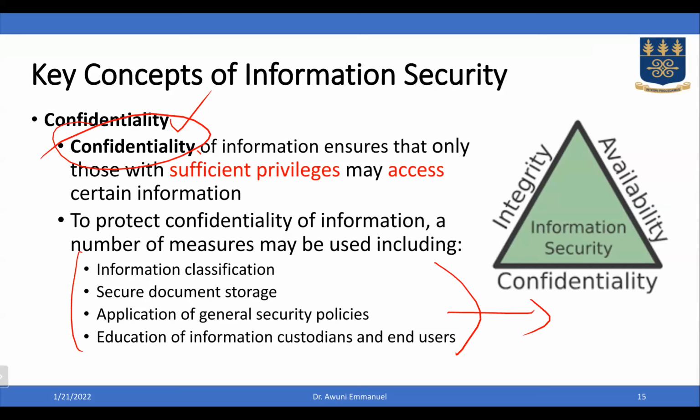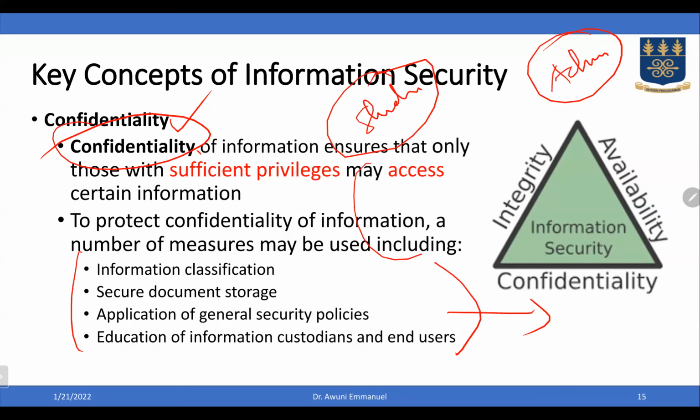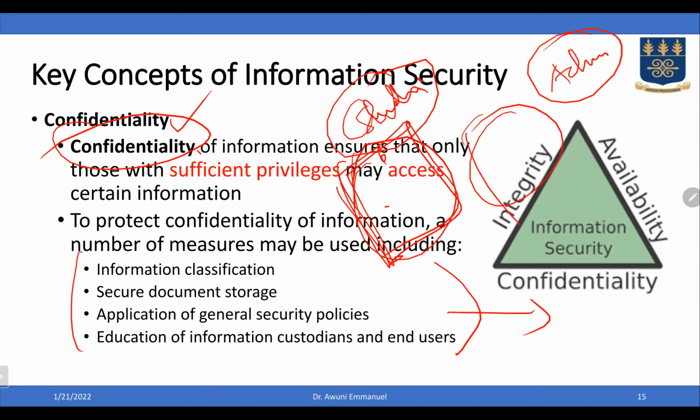If you're a developer, you develop a system, maybe one where students can access the system. At some point, you may also want an admin to access the system. So what is available to the student may not be available to the admin, and what is available to the admin may not be available to the student. For instance, with a bank, I'm a customer using a banking app. The interface that I use is not the same as the interface that the admin will be using, because the admin has no privilege to access my bank account or my details.